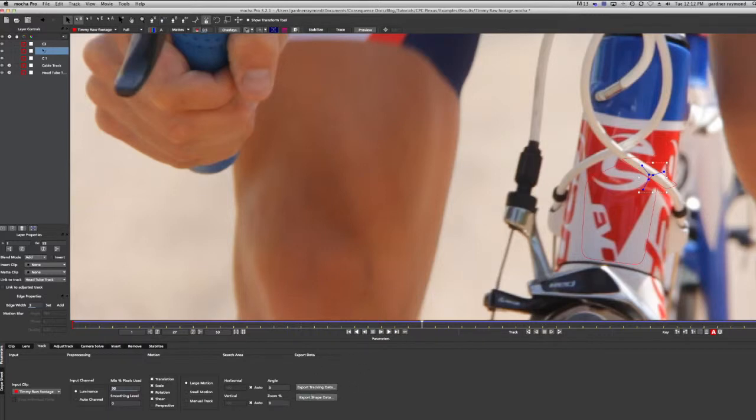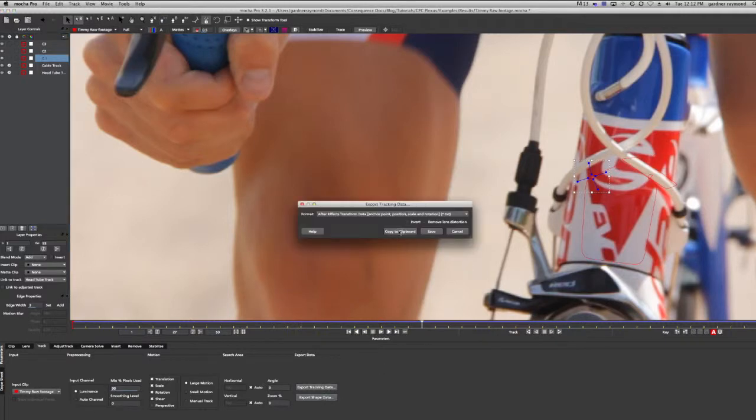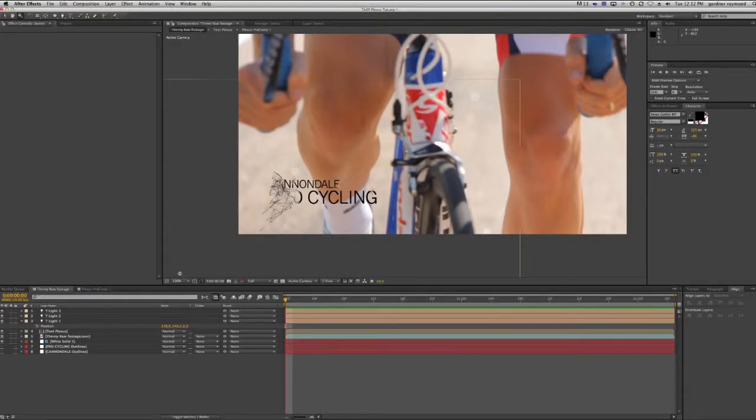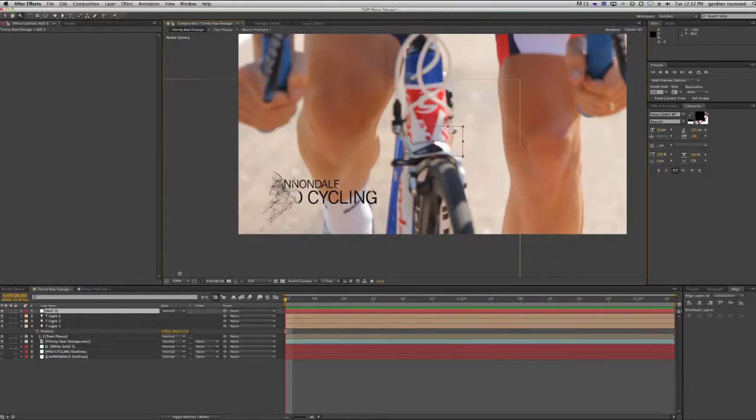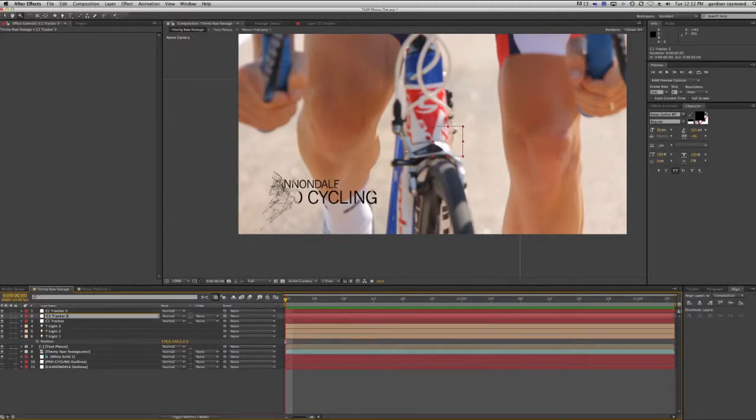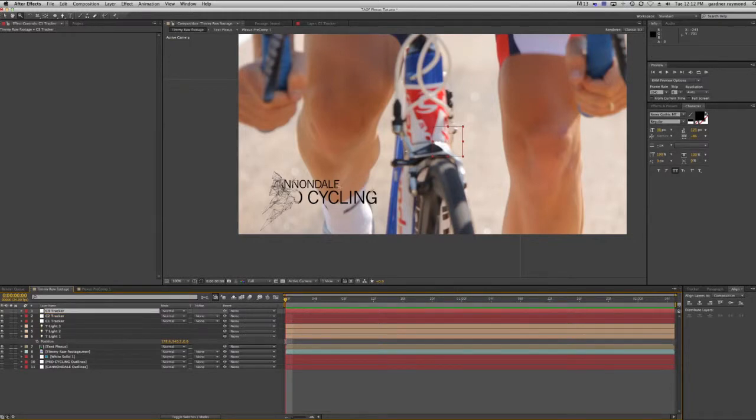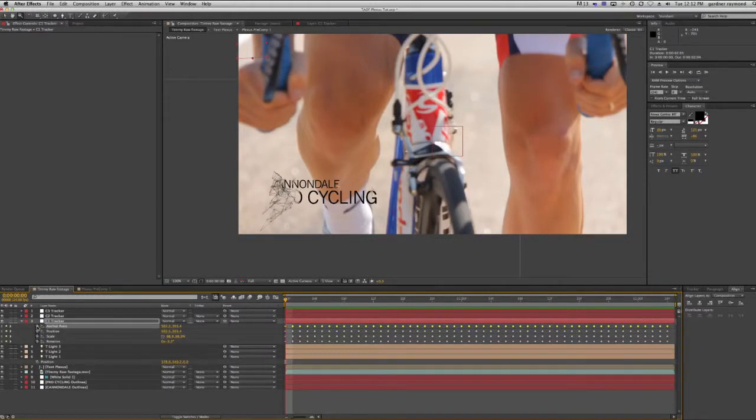So let's do C1, export tracking data, copy to clipboard, go back to After Effects. Let's create, Command Option Shift Y, a new null. We're going to hit enter to rename it, C1 tracker, and let's just duplicate this twice. We're going to do C2 tracker, C3 tracker. Awesome. So C1, paste our data, U, anchor point, select all, reset,